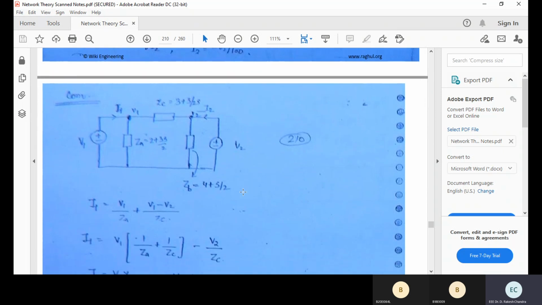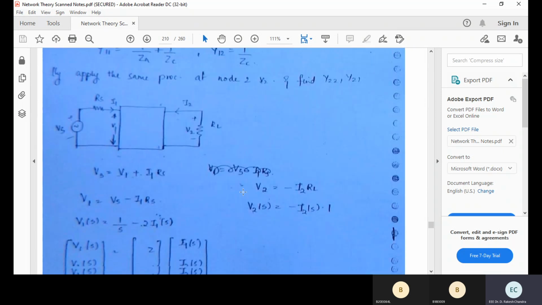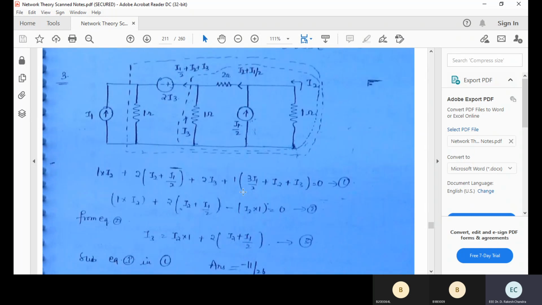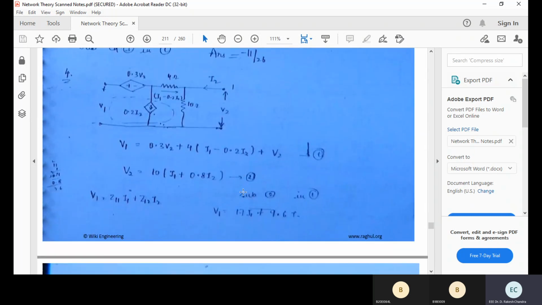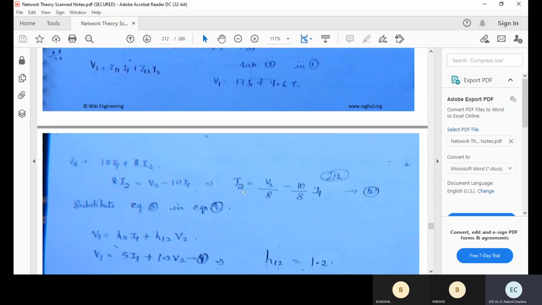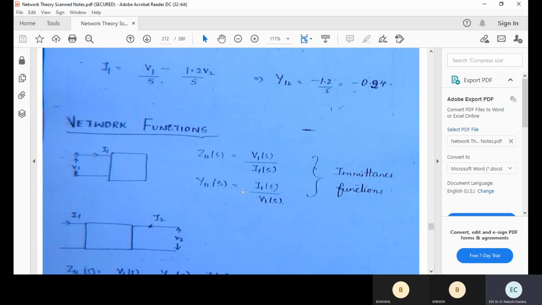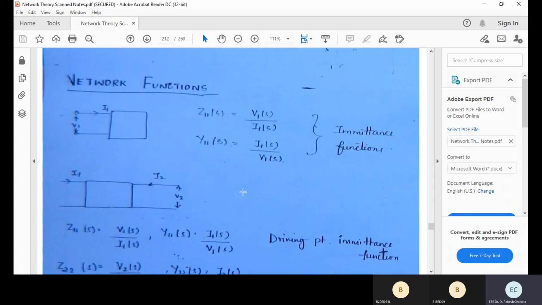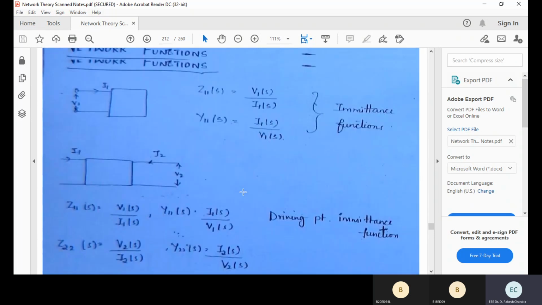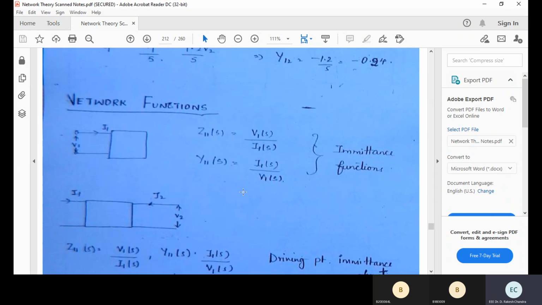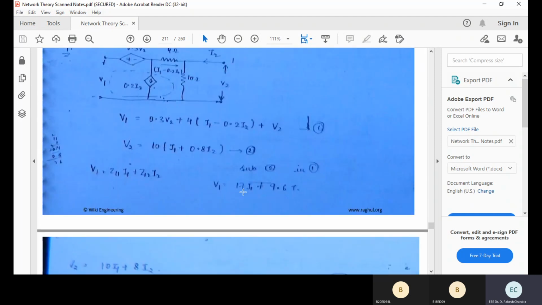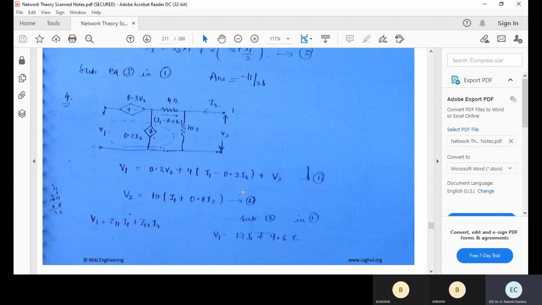So the combined problem. Tomorrow before starting the session, first I will discuss the magnetically coupled circuits. Why? Because in some problems, we can combine two-port networks. The magnetically coupled circuits almost resemble your two-port networks. So let me finish even that concept of magnetically coupled circuits. Later we'll solve some problems on this one. In the future, after 1 or 2 classes, we'll go to network functions. Network synthesis will go to later.